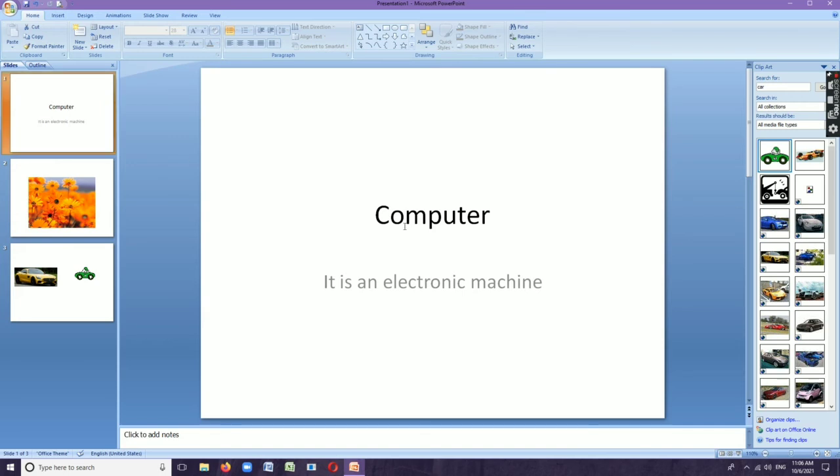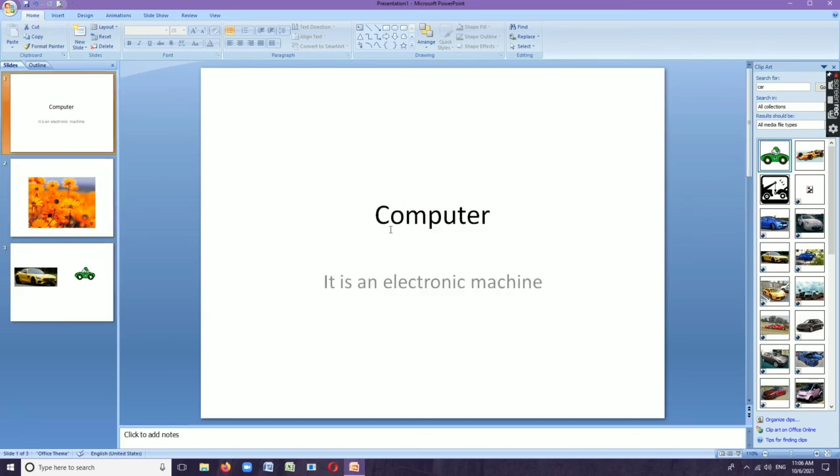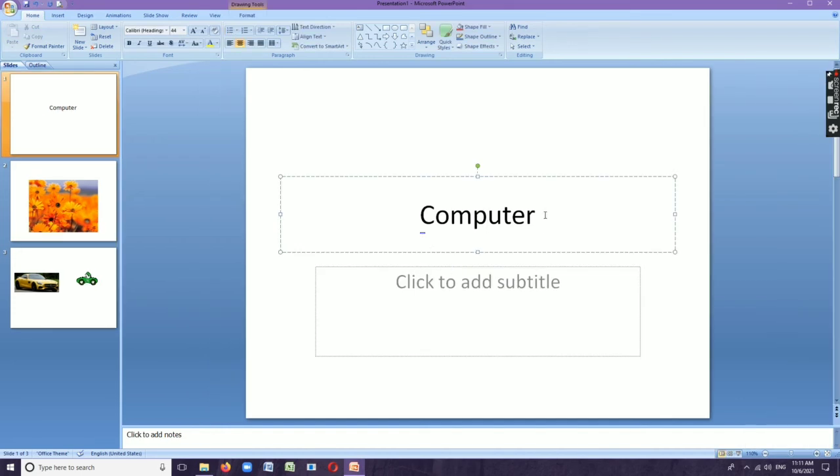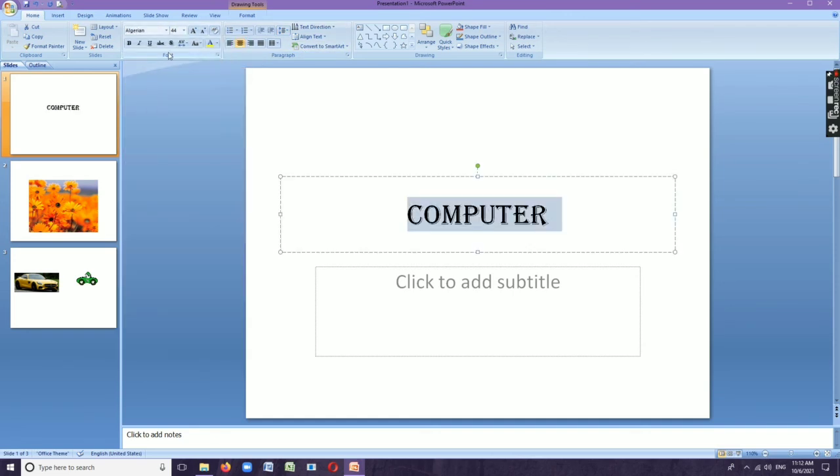Our next topic is working with text. In a PowerPoint presentation, text can be edited or formatted very similar to the way it is done in MS Word. The first step to edit or format text on a slide is selecting the text. To select the text, place the cursor next to the text and drag the mouse over it. A highlighted box will appear over the selected text, and we can modify the font or delete the text.